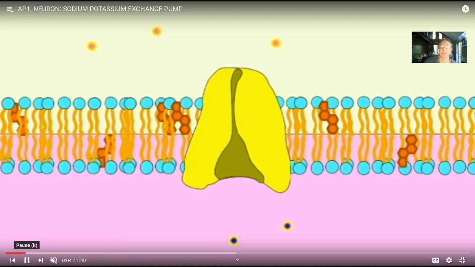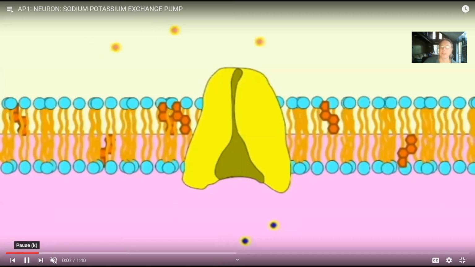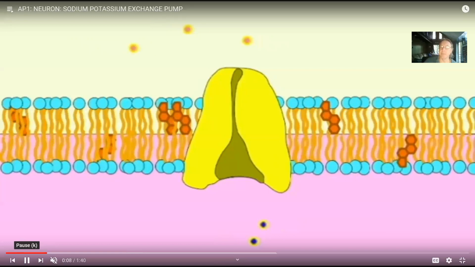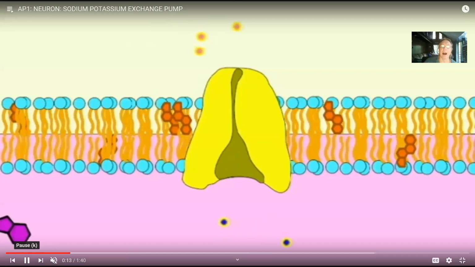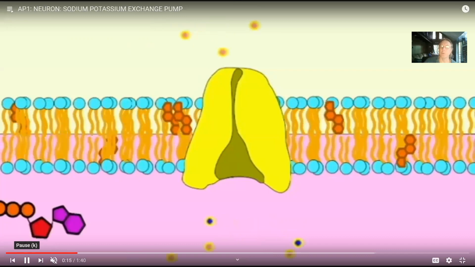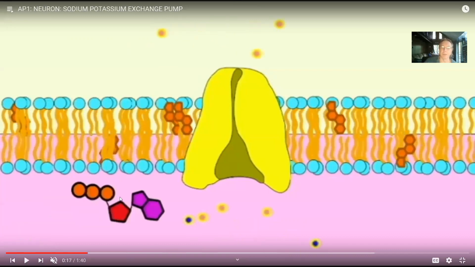This is known as the sodium-potassium ion exchange pump. And what it does is use ATP to pump sodium and potassium ions in the opposite direction that they would want to diffuse. So here you see ATP, and its energy is going to be required. This protein is going to break the triphosphate bond here and use the potential energy stored here to pump ions